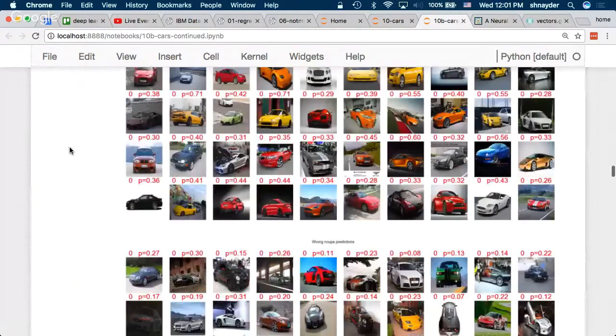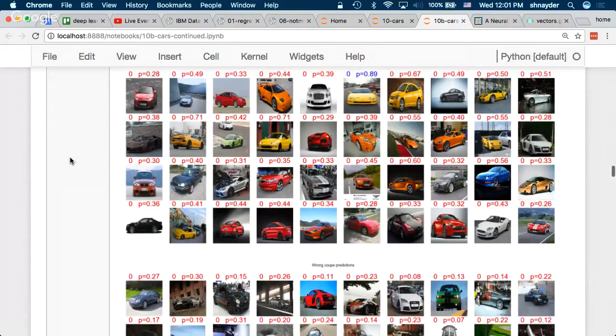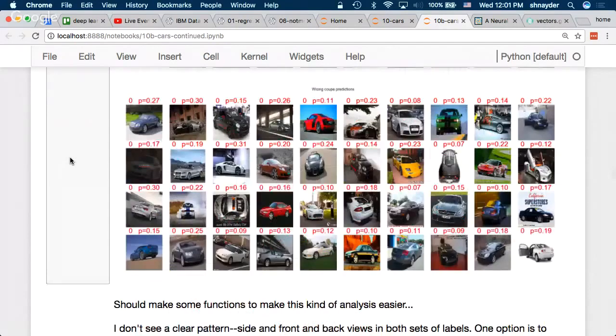I was wondering, for example, for coupes, 2-door versus 4-door, it's pretty easy to tell if you're looking from the side as a human. Pretty hard to tell if you're not familiar with the model, if you're looking from the front or back of a car. So I thought, maybe that's what it's learned, that it's getting them right from the front or from the side and getting it wrong from the other. It wasn't clear that's what it was doing, so I didn't actually count.